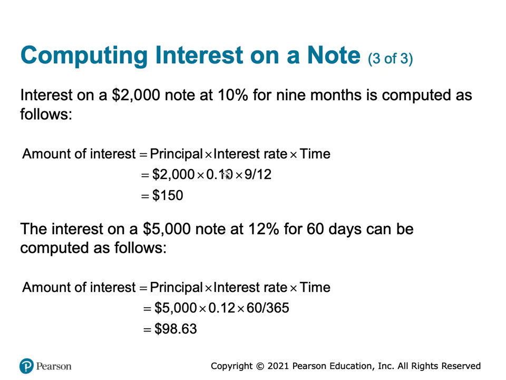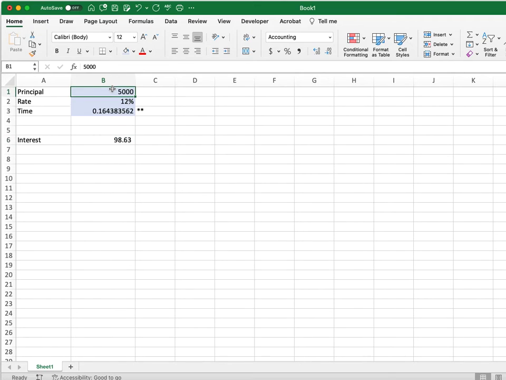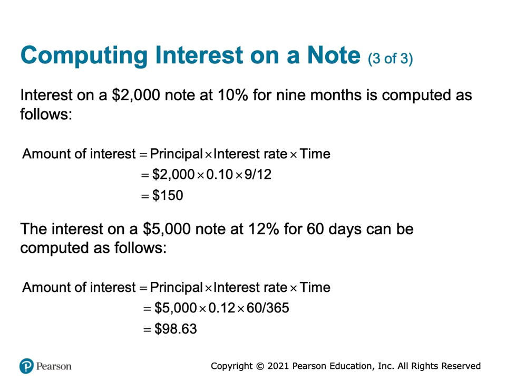Let's do the $2,000 and 9 months. So then we could just change this and say 2,000, 10%, and 9 out of 12 months, and we get $150. And so the point being, it's really quick and simple, and you can set up an Excel sheet that already has the calculation here and just change your inputs and it'll spit it out for you every time. Okay,